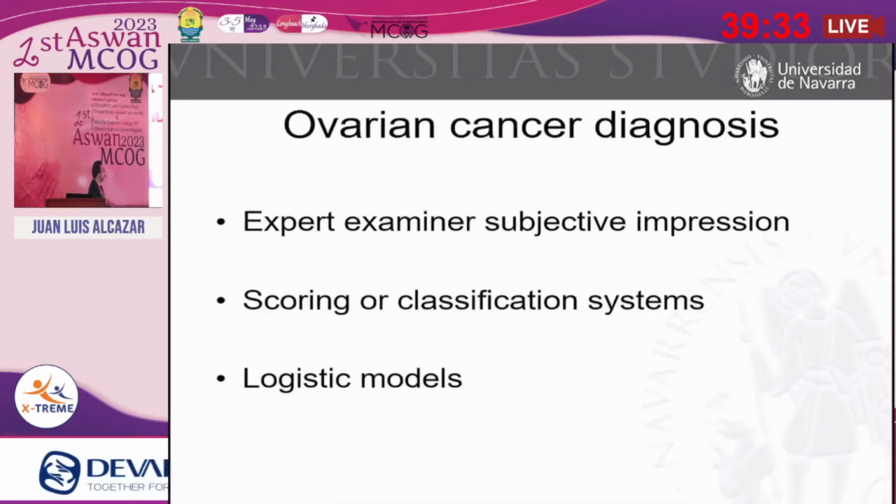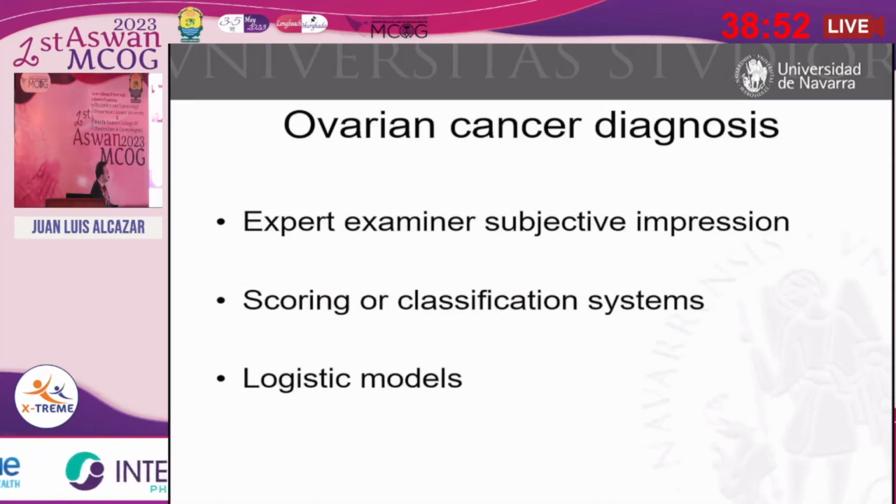So regarding ovarian cancer diagnosis, probably all of you would agree that ultrasound is the best imaging technique for diagnosing ovarian cancer. The ovaries are not easily reachable to take a biopsy, contrary to the endometrium or to the cervix or vagina or vulva. So we have to invade the body of the lady to take a biopsy. And this many times is complicated. It's a really invasive procedure. And so we have to rely on imaging techniques. And ultrasound is the best one.